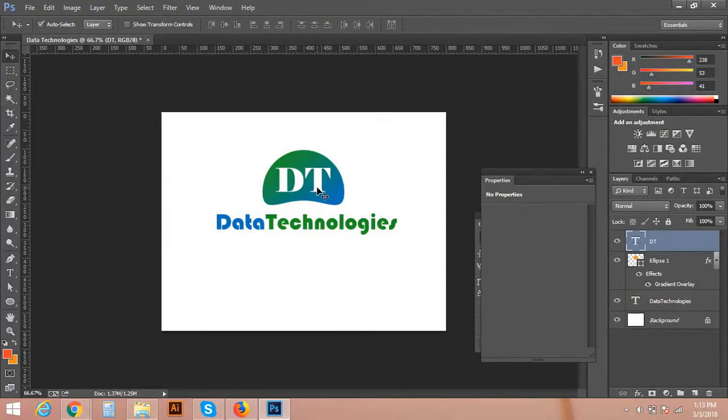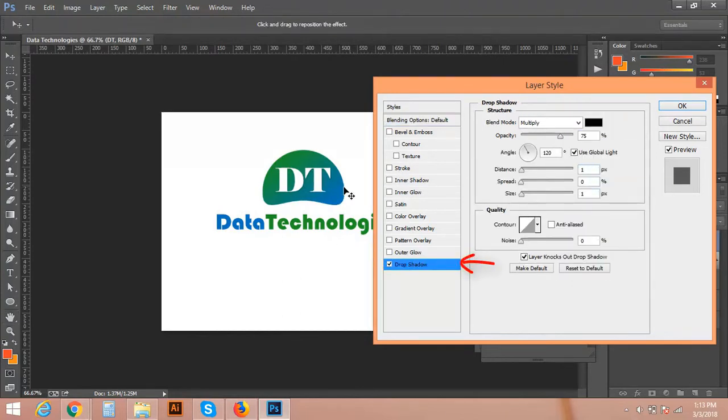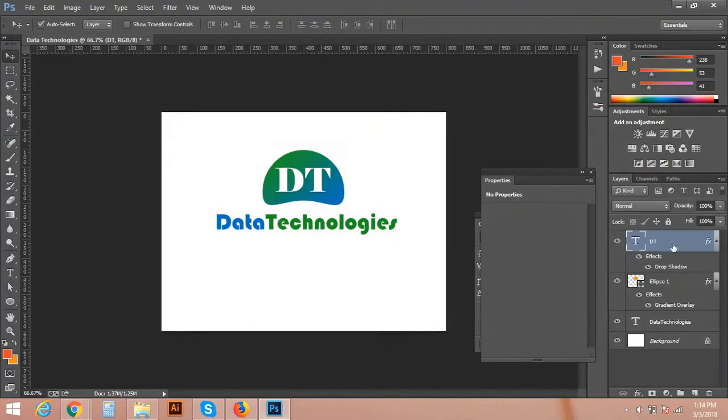We can give a little shadow to DT. Double click here, and here is the drop shadow option. You can see here is a drop shadow. Increase it to point. It should be at 90 angle, and decrease the shadow. Okay, that's looking fine. Now if you want to give a caption to your logo,